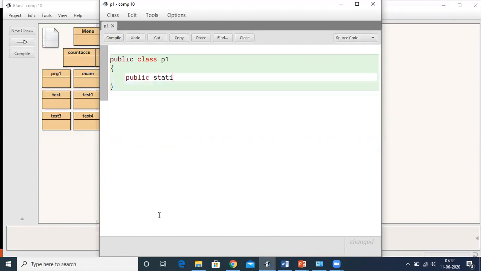Now you can see these are almost similar to English words that we use, but they have got a special meaning when used in the Java environment. Now this program is used to print simply a name.